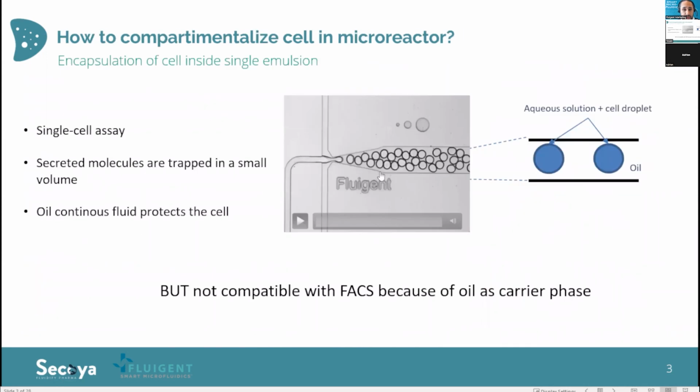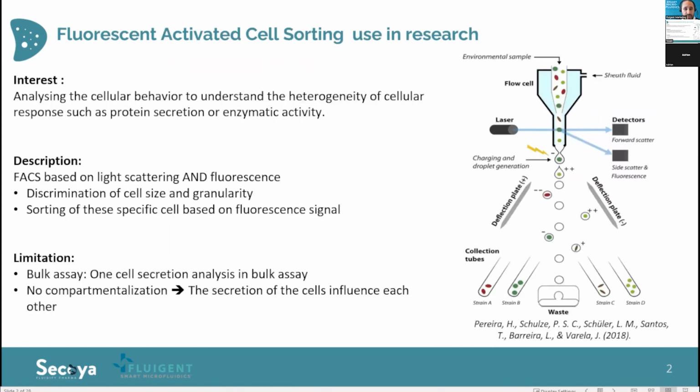Basically, this is something which is widely used, but there are many limitations to this FACS. First of all, when you are making this kind of application using the standard method, you have one cell inside a big volume. So you have a single cell expression, but in a bulk assay. So you do not have any compartmentalization. So how can we have better sensitivity, and how can we have a real single cell study using this FACS? For that, there is a technique